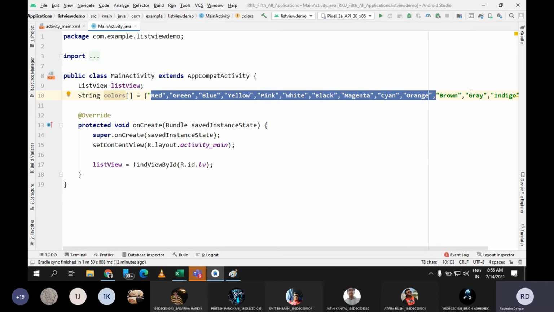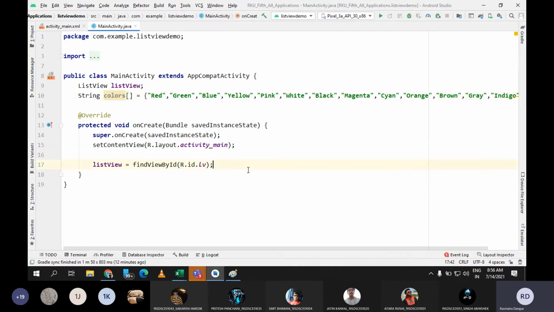In the previous session I was also saying that whenever you want to display something in any component, whether you talk about spinner, autocomplete text view, or list view, whenever you want to display a number of items inside any component, always make sure that you are using the array adapter, because array adapter is something which can connect your string array and your component. Whatever values you assign in the string array, it can display all the items inside the particular component. So here also we need to create an array adapter the way we have created it for the other components. So we are going to do the same thing.